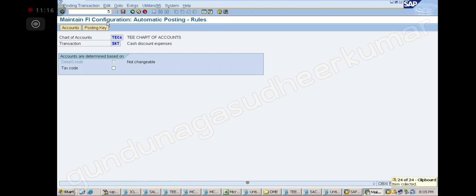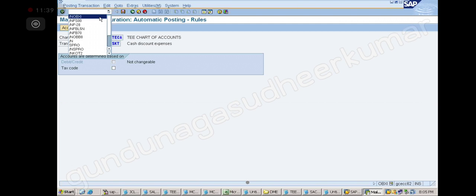Is it maintain FI configuration for automatic posting rules? Correct or not? Automatic posting. Okay, now click on the save option. Sir, please show it again. Right. So you will go like this.